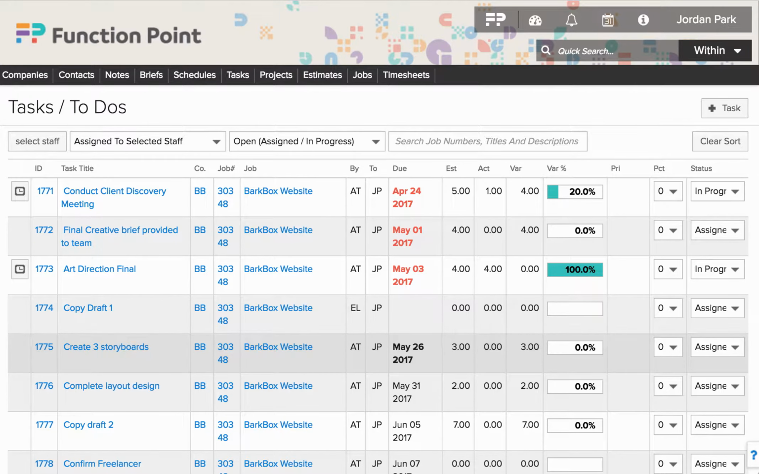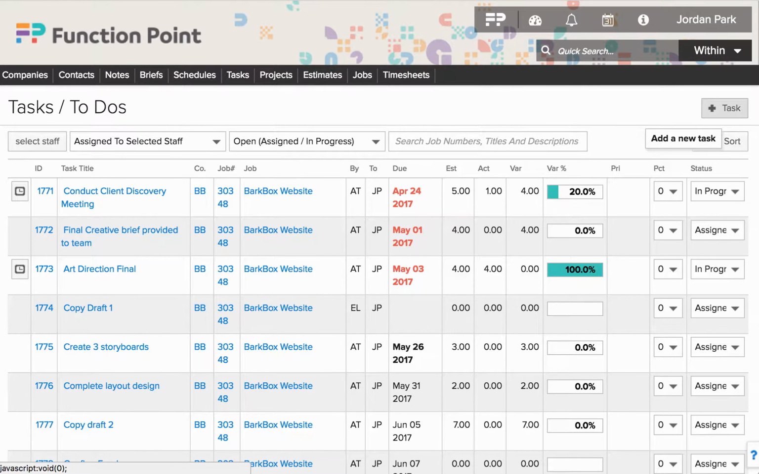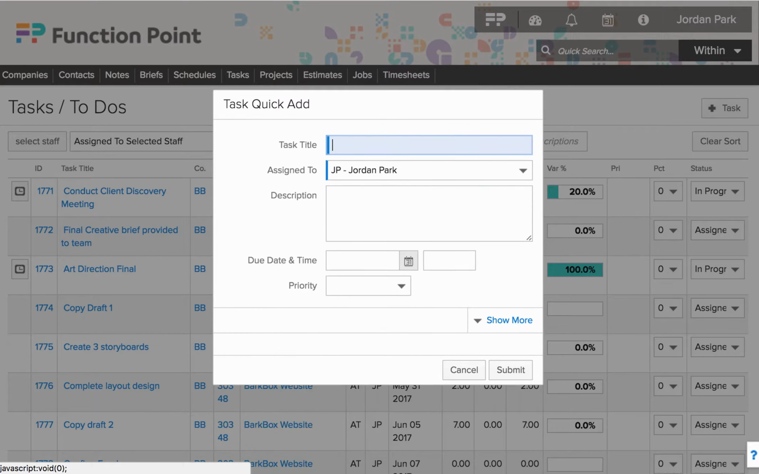If you do want to keep your own personal to-do list in Function Point, that's also available to you. There's a plus task button on the upper right-hand side, or on our main dashboard, a quick task button. When we select this, we might have to keep it as simple as possible. Pick up my dry cleaning,